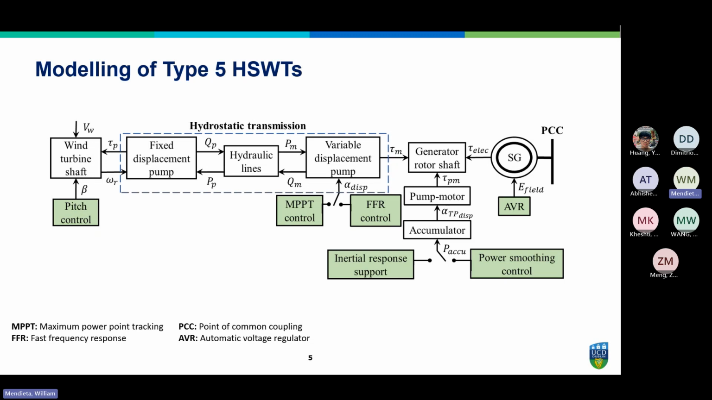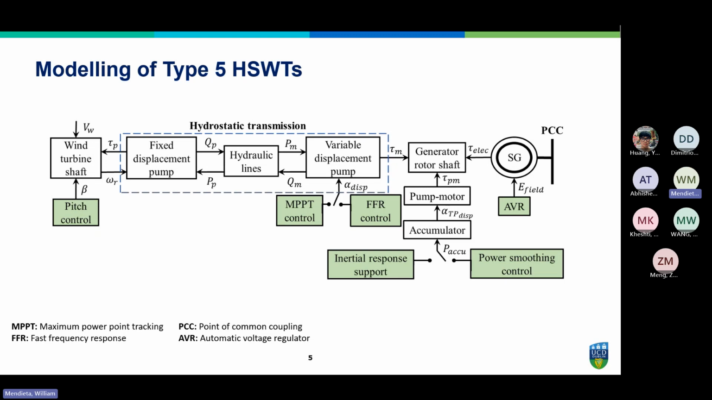Here, the pitch control operates in a similar way to a variable speed wind turbine, so it regulates the aerodynamic input power for operation above rated wind speed conditions. The maximum power point tracking control regulates the motor volumetric displacement in order to adjust the turbine rotor speed for maximum power extraction. The fast frequency response control adjusts the motor volumetric displacement in order to adjust the fluid pressure